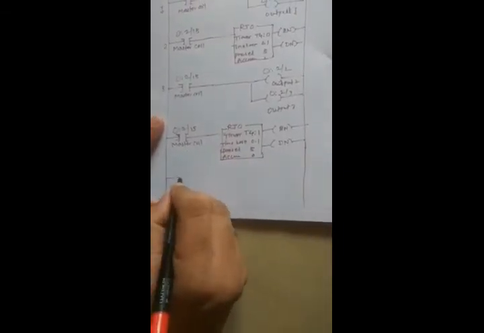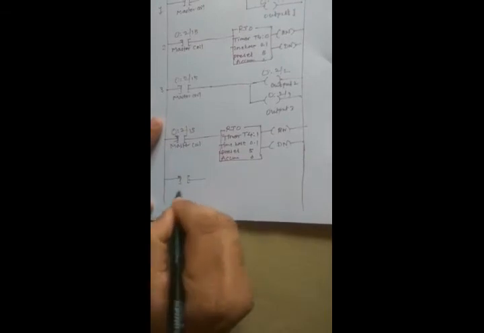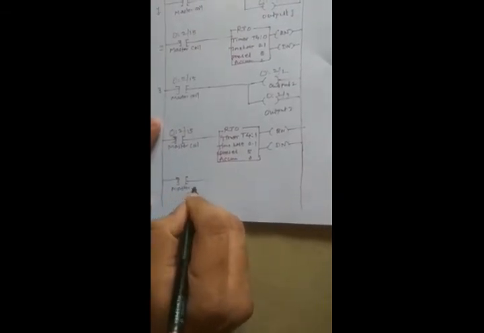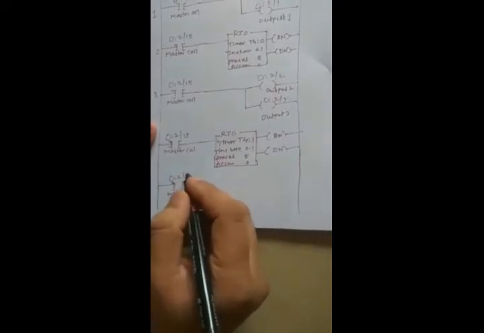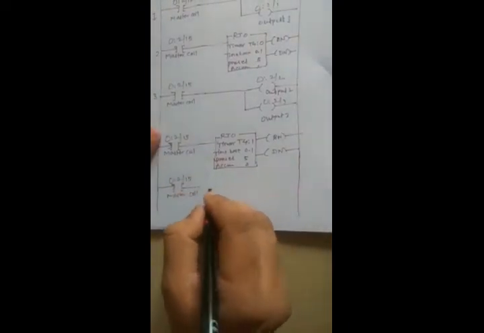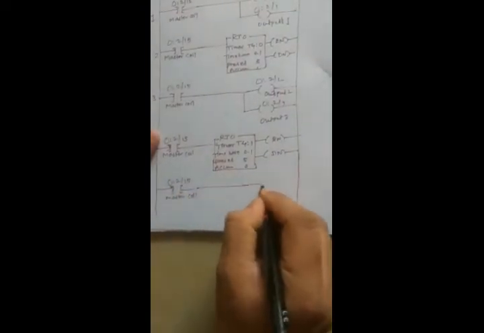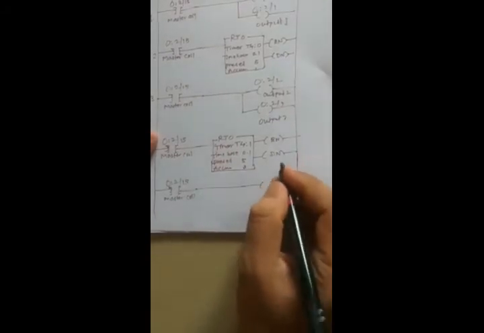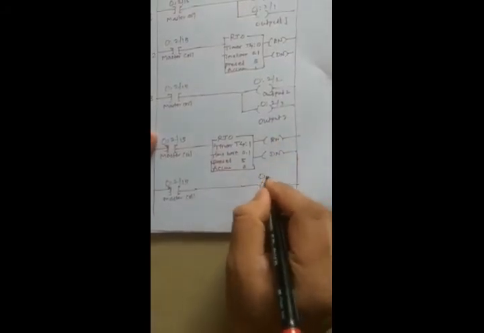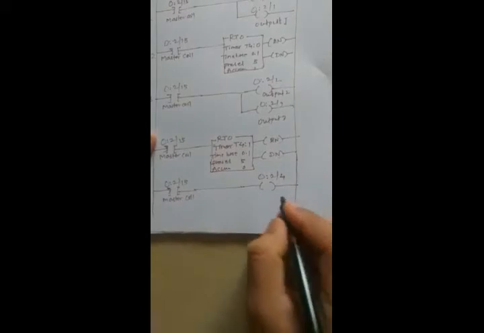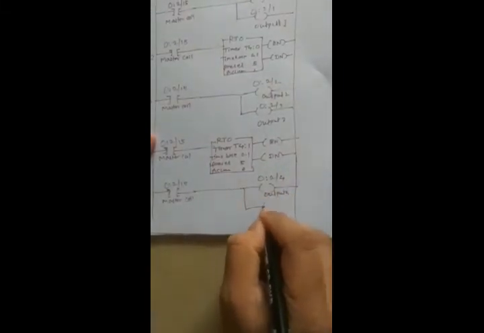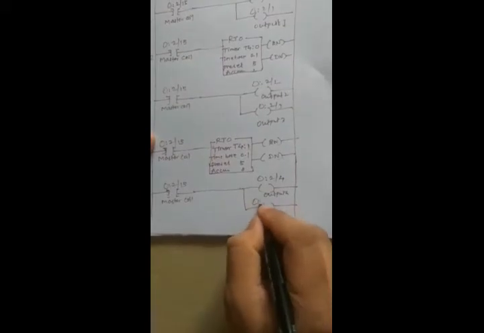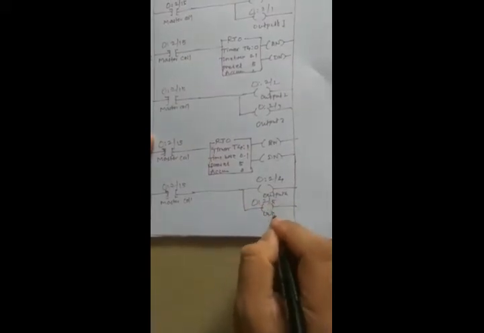So here again I have added one more contact, similarly as for the master coil. Every time you have to write the address of each coil which you are going to use. So which outputs now remain? The outputs 4 and 5. So write down output 4, and in parallel with that write down output 5.